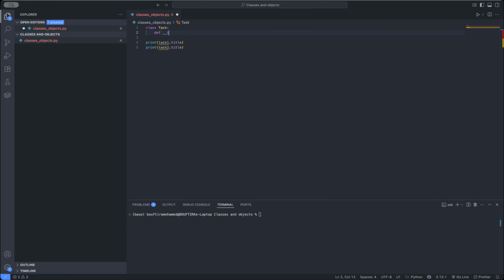Underscore underscore init underscore underscore. This special method runs automatically every time we create a new task. Then, inside the parentheses, we list the information we need to build the task. The first one is self, title, and due date. Okay. Here, self refers to the object we are creating, title is the name of the task, and due date is